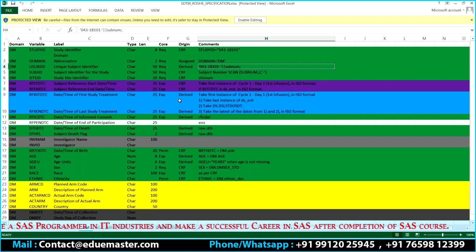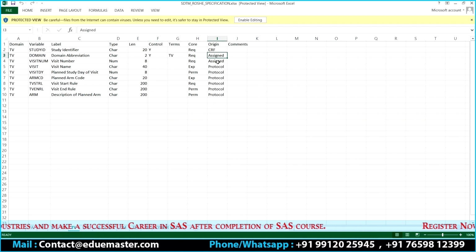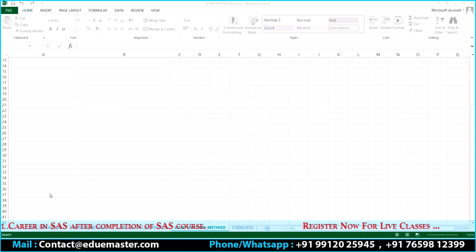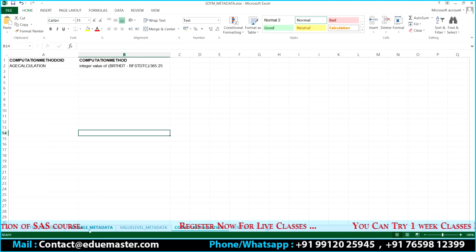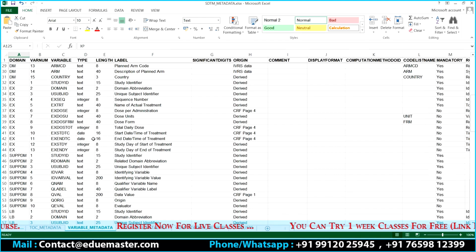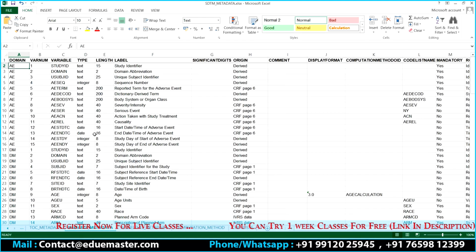What exactly is it? So in this mapping Excel, you can see what the origin is. Is it assigned, protocol, or what exactly is it going to be? This information is part of your ACRF, correct?